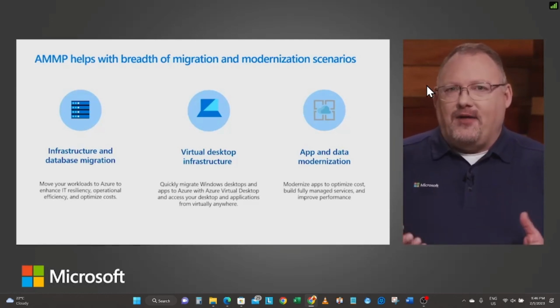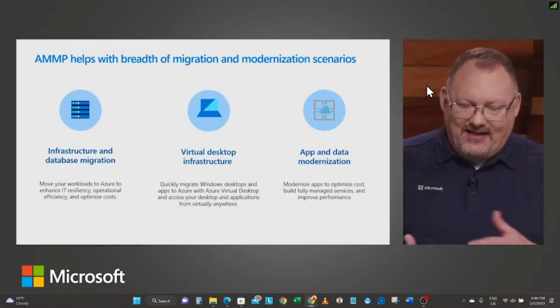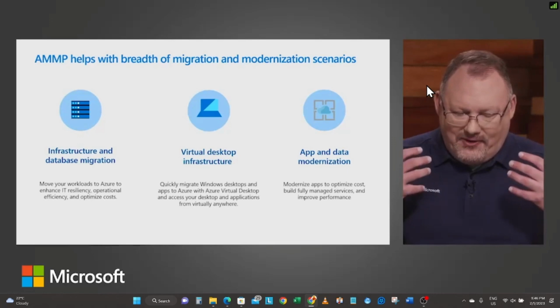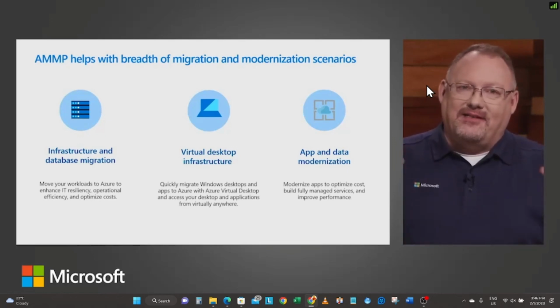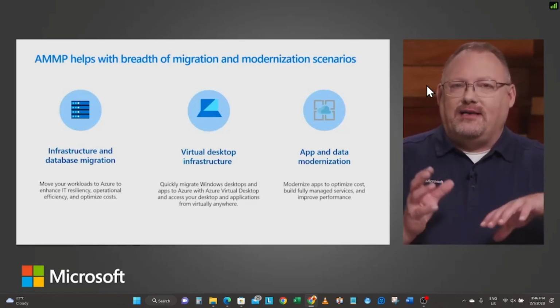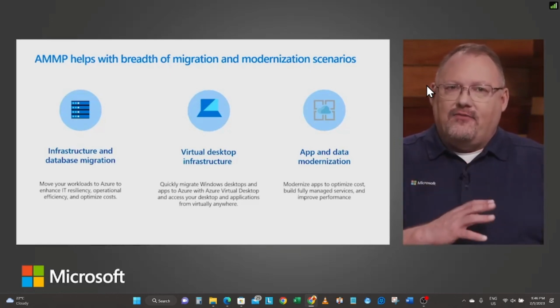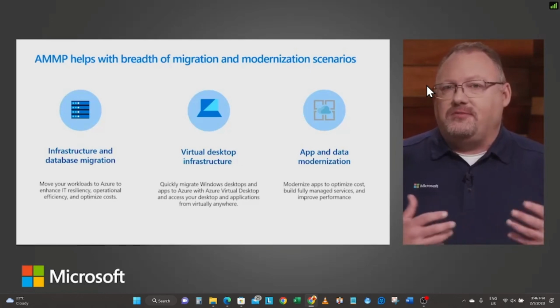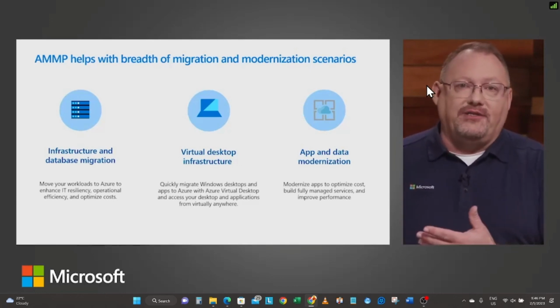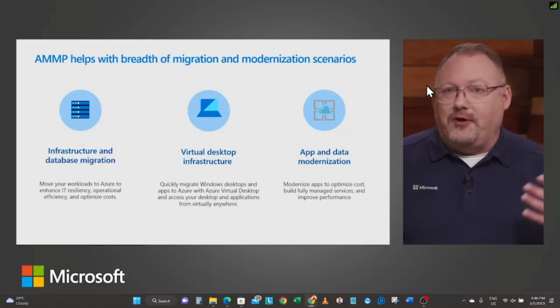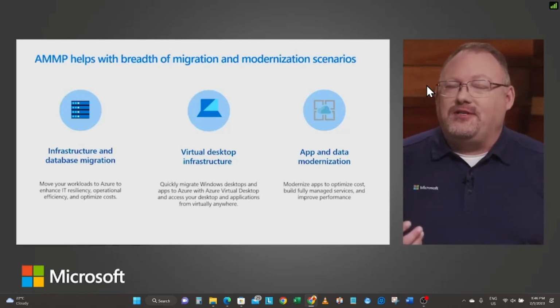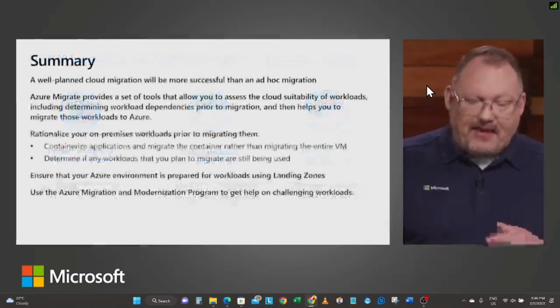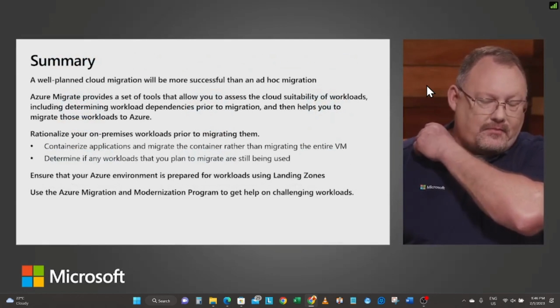So the cool thing about this is having those tools in your wheelhouse allows you to make this move in a real thoughtful way. And moving that entire infrastructure and database from on-prem into the cloud, or from other clouds and moving it over, now it's just a matter of using the tools. The tools are relatively easy to use. They take time when they're doing discovery, of course, but they're relatively straightforward. Once again, mapping back to that plan, what's going to be the best way.